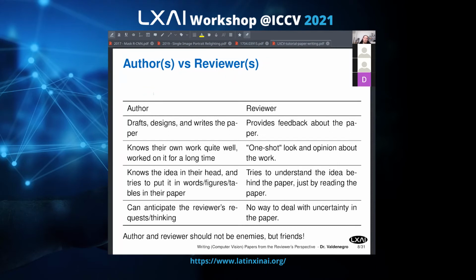But for example, in a journal paper, since journals can have multiple review cycles for the same paper, this reviewer uncertainty is much smaller, because if there's a mistake in the paper, then maybe the authors will fix the mistake, and then you will get the paper again back for review. So as a final thought, I think the author and the reviewer should actually not be enemies,